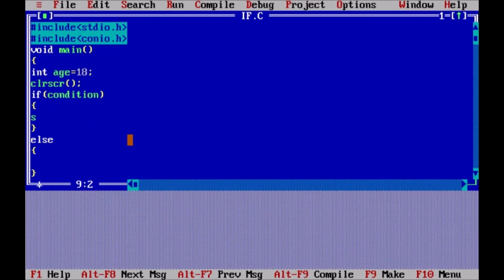So let us write the condition first. If age is greater than or equal to 18, then we'll print this.